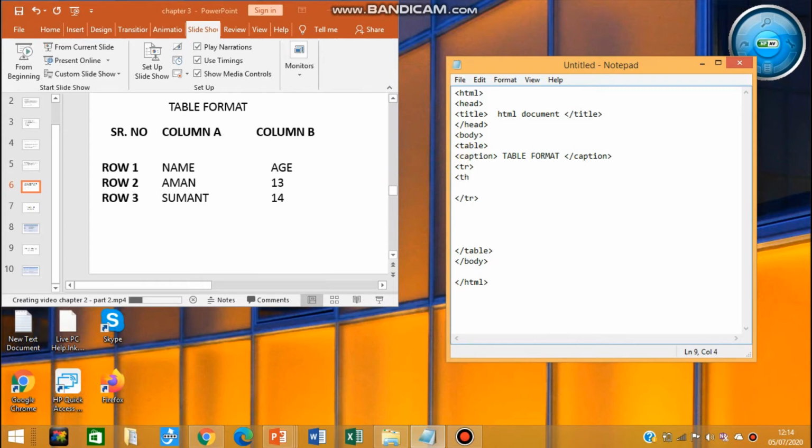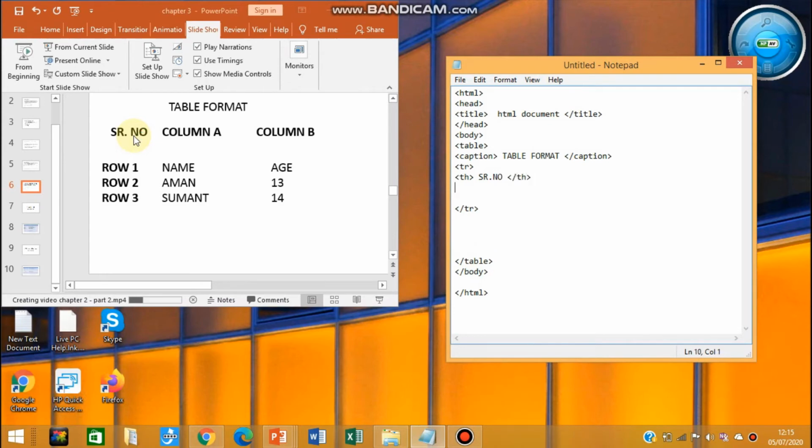The TH tag is used to mention the heading of the cells for columns or rows. In the TH tag, the first content is serial number. You have opened the TH tag, so you have to also close it by giving a backslash.